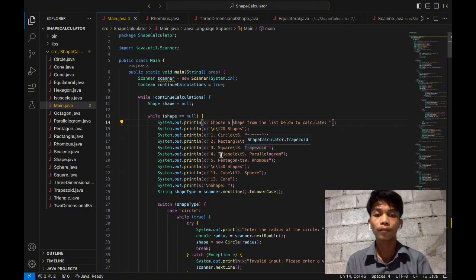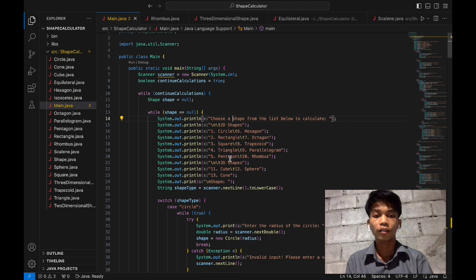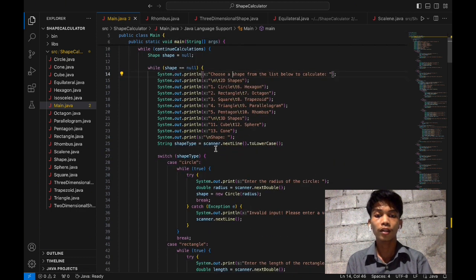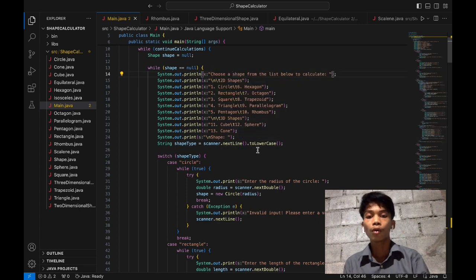After that, it will read the user's choice and convert it to lowercase for consistency. We use the toLowerCase function to handle any cases.